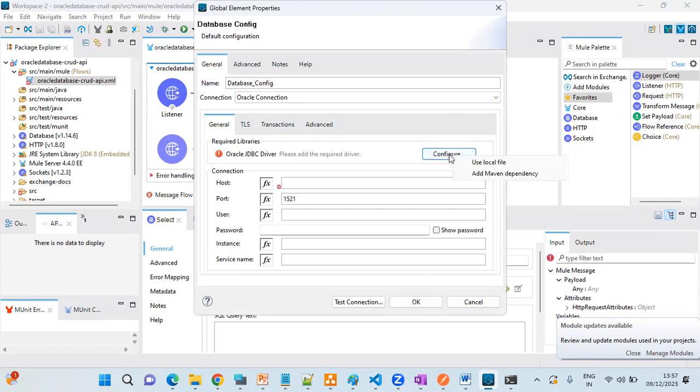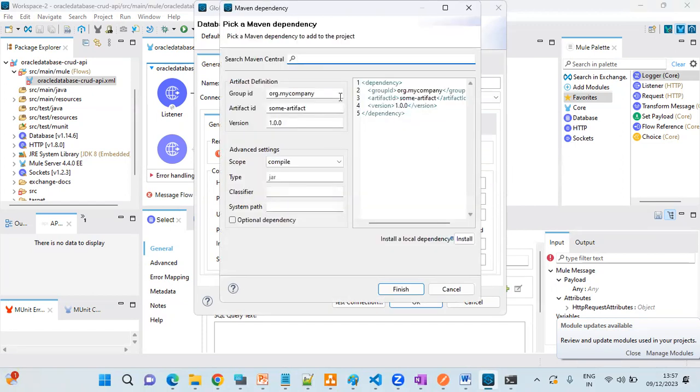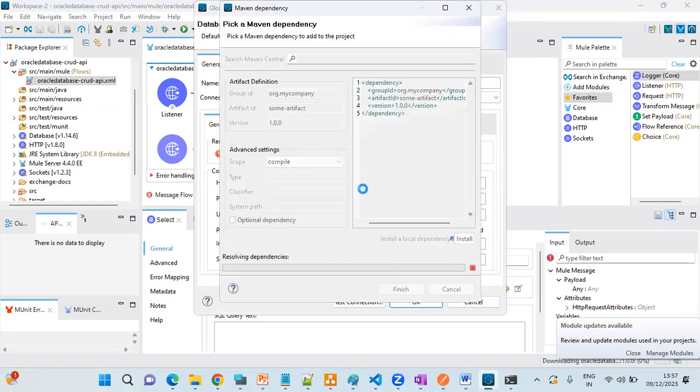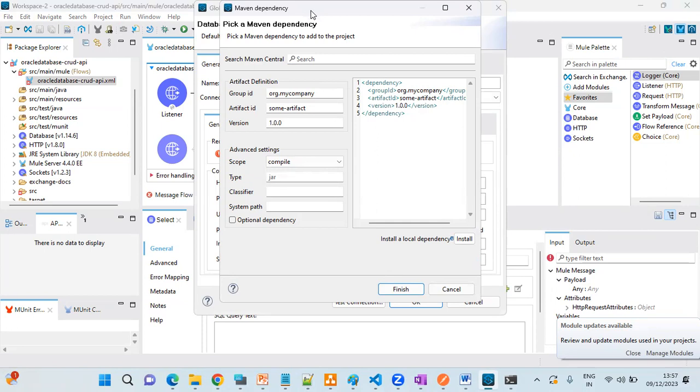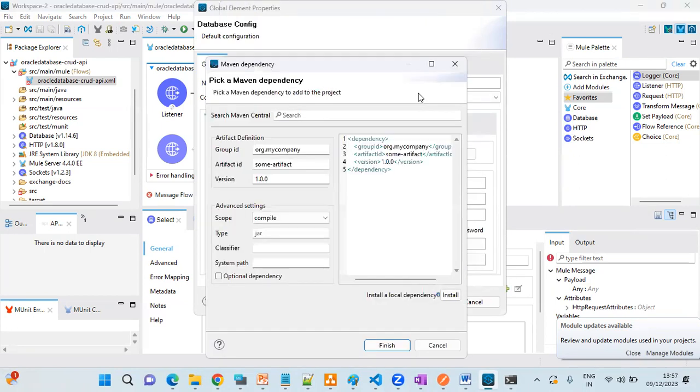Okay. Now we need to configure the Oracle JDBC driver. Just click on this configure. If we have a local file, we can use that, or else we have a Maven dependency. Just click on this one. We will get some error. Just observe here. See, there is a problem with this Maven dependency. So in that case, what we can do is